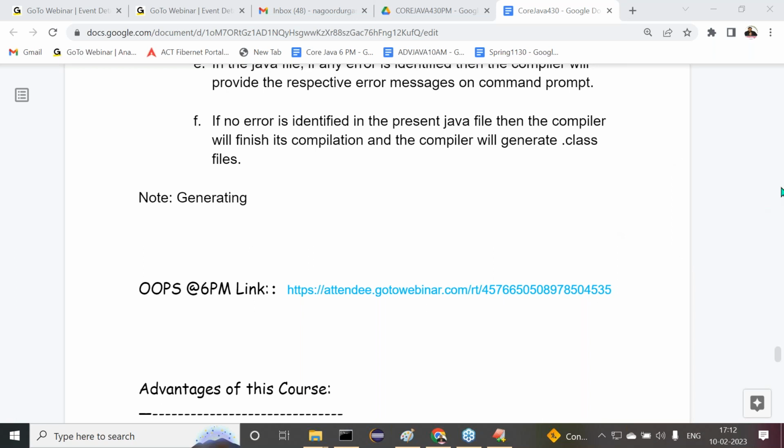This conclusion is very important, and everybody must understand it. The generating number of .class files is not